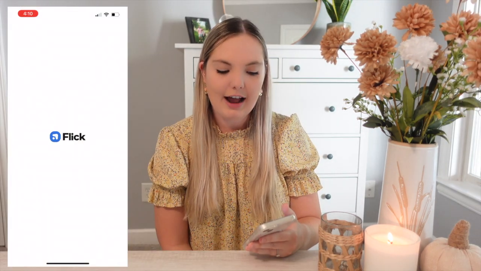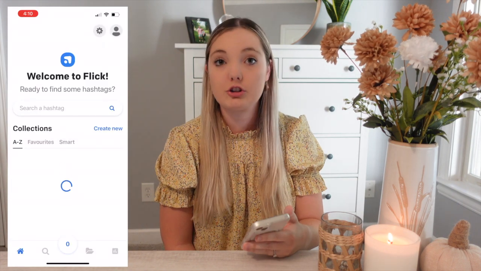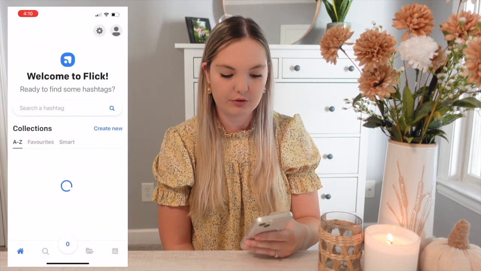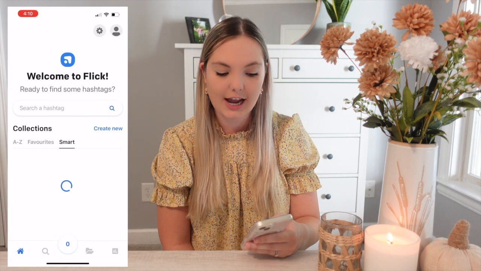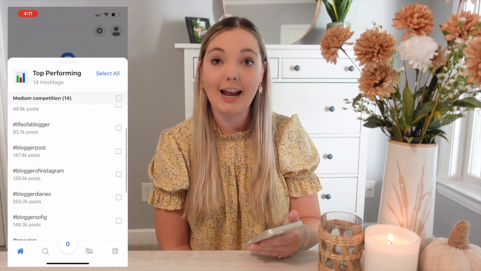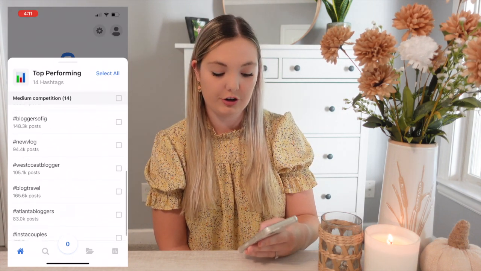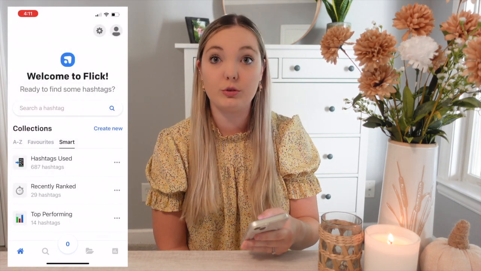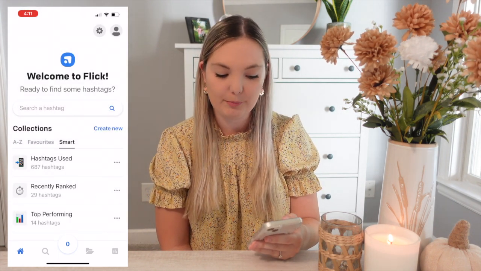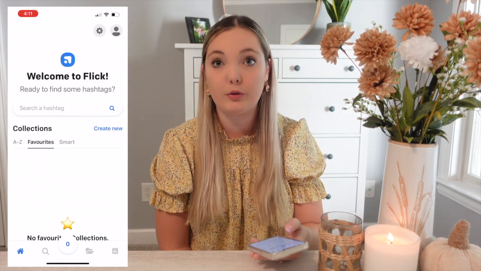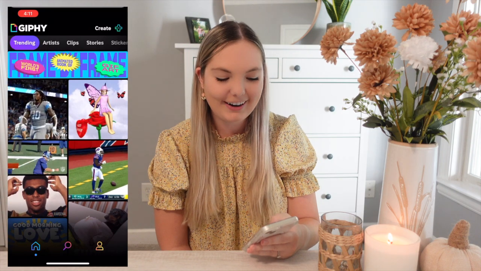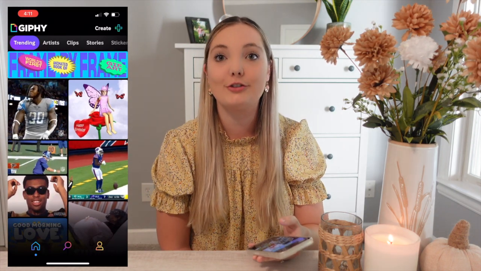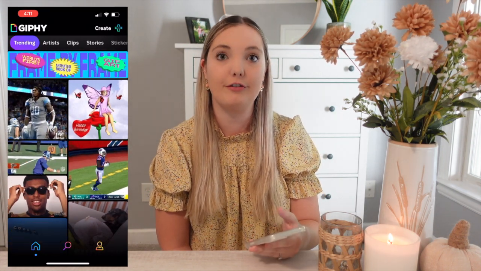And then I have this app called Flick Hashtags, and it helps you with your Instagram hashtags, and you can go through and it tells you your smart hashtags, all of your top performing hashtags that you can use for your Instagram. So I like using that because it's an easy tool to know which hashtags aren't banned, some of your favorites, top performing hashtags. And I also have this app called Jiffy, which I use to create my GIFs for